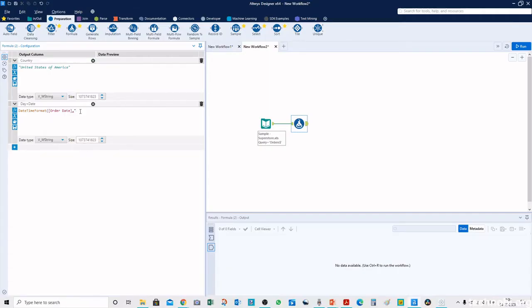So here the first one we will use is for the full weekday. Then we will want the year, then we want the month, then we want the day, and we will close.